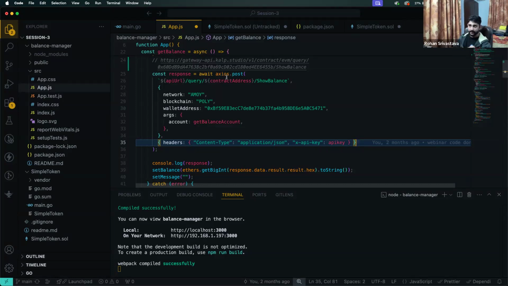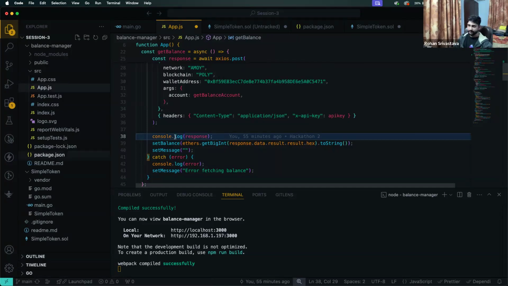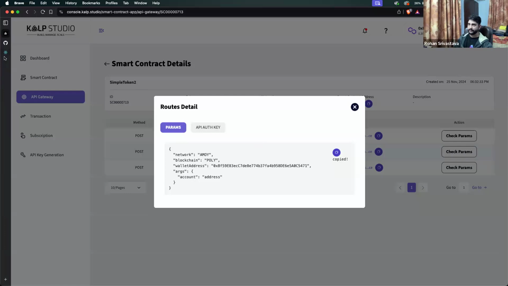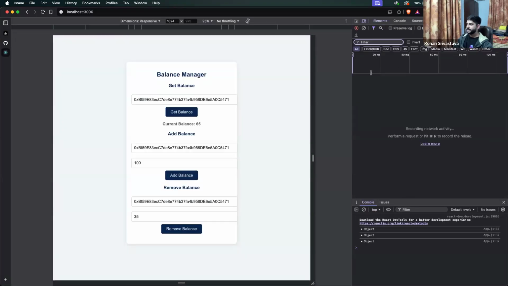So it's just doing an axios.post request over here, right? It's saving it under response. And then what I'm doing is I'm console logging. This was just to see what I'm getting from the actual response for this, right? So if we go here, inspect elements, go into network,